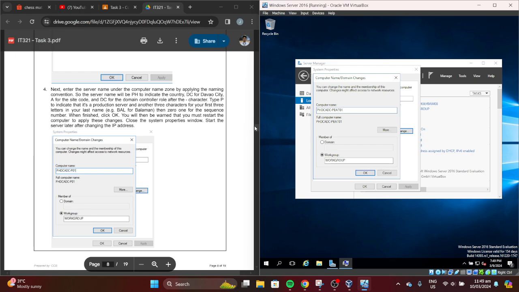When finished, click OK. You will be warned that you must restart the computer to apply changes.